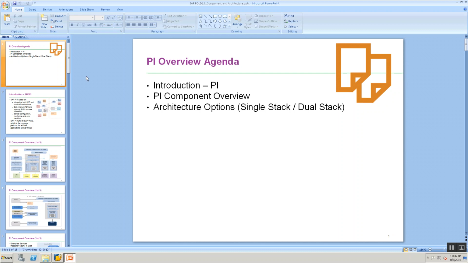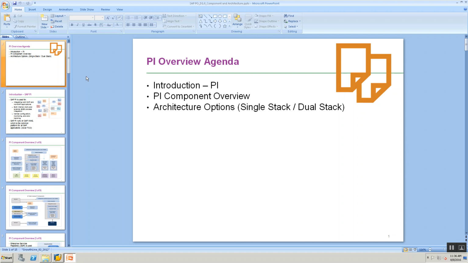So the first hour or two or so would include theory: understanding what is PI, what is process orchestration, how do the various components of PI work, how do the various components of PI interact with each other, and so on.